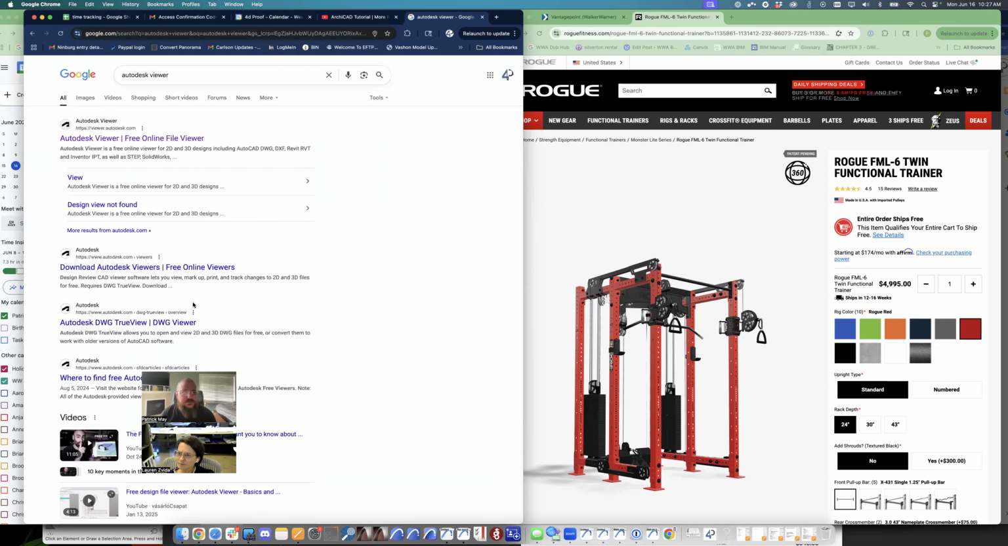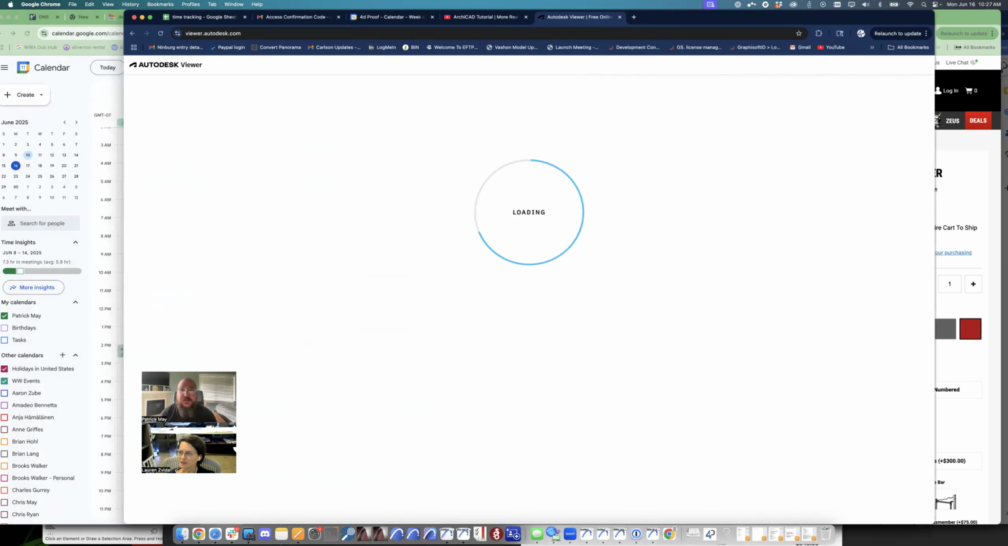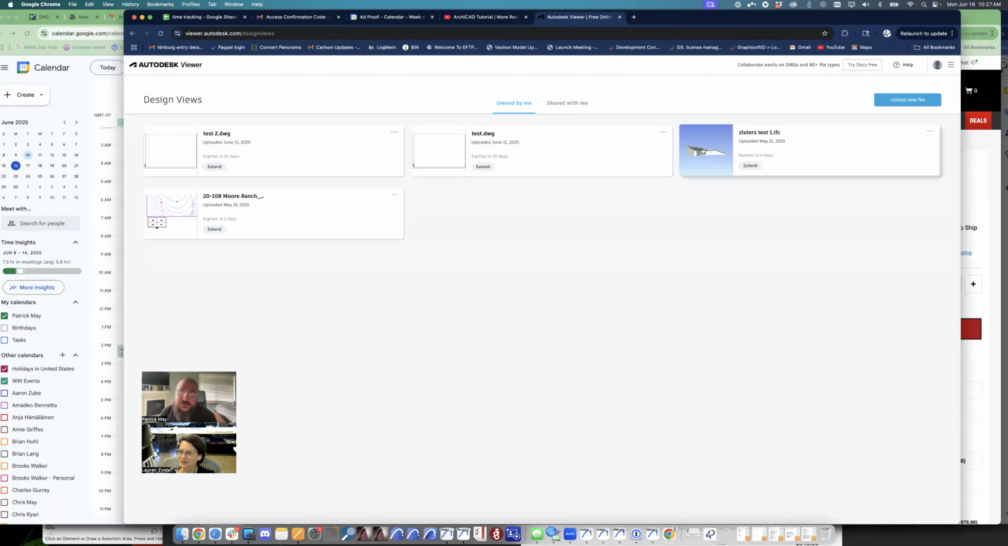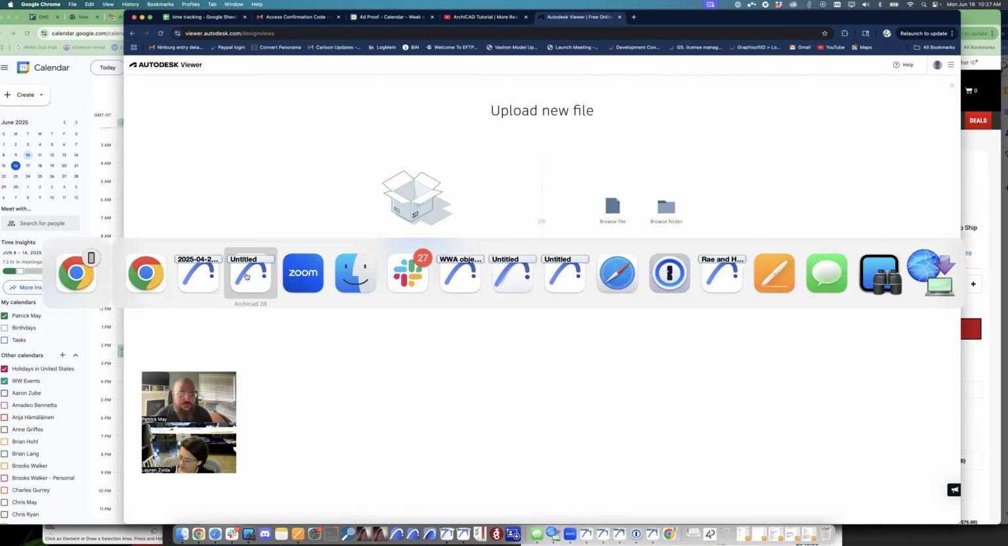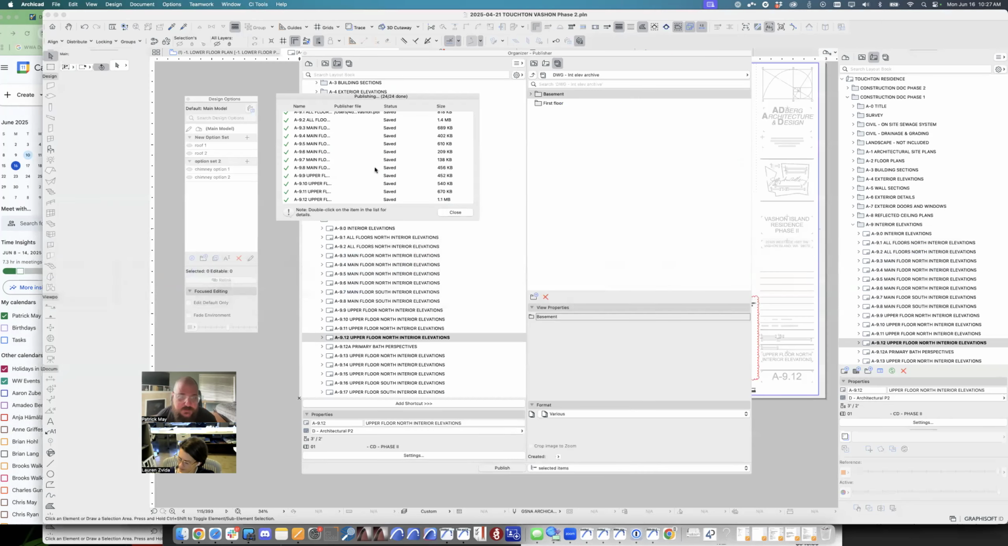I've really been liking this Autodesk viewer. This is how you could see what the file looks like if you don't have the software. This viewer works great because you can import IFC. There's a whole ton of different formats. It's a view only option, but it's been great. All right, so we've got a 1 megabyte PDF and then a few